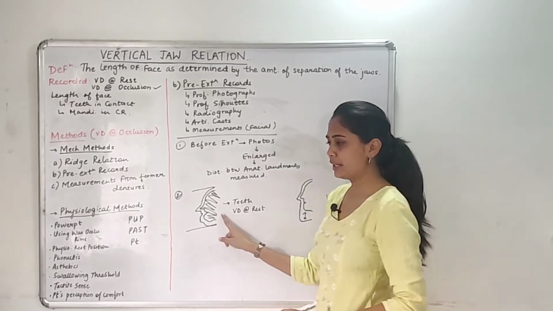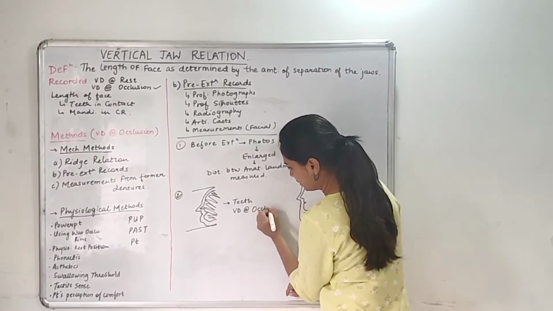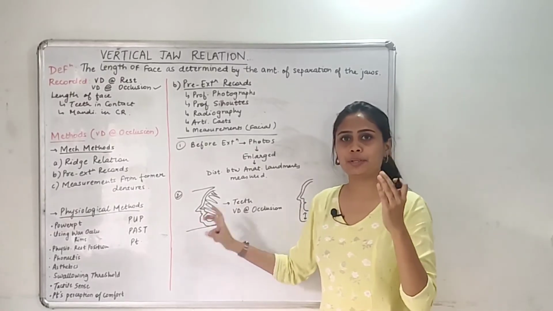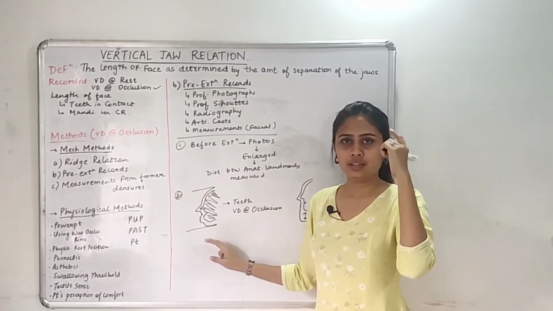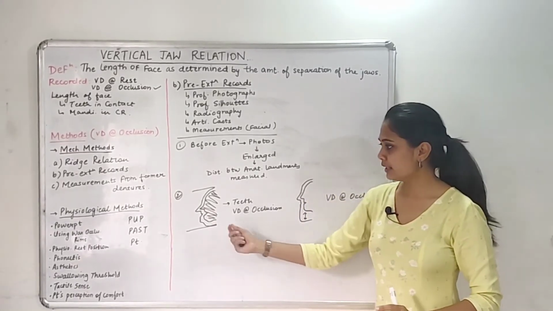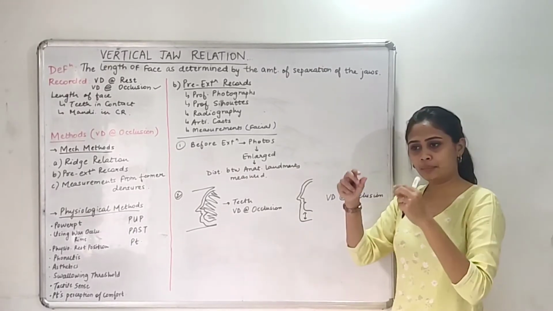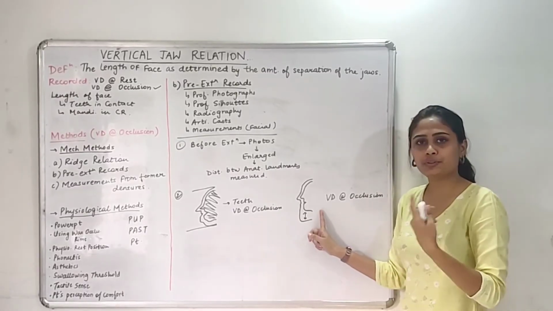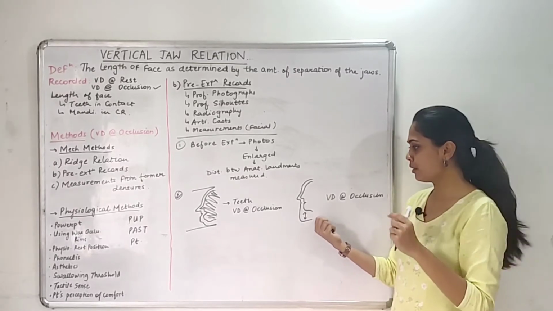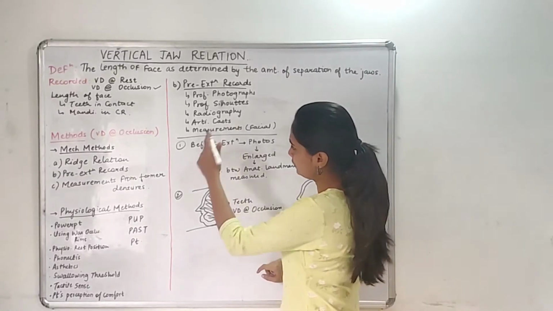So here we can ask the patient to occlude. So I can write vertical dimension and occlusion. We can first measure this here. We don't want the patient to have the space. So here we'll ask the patient to clench the teeth. We'll get a perfect face of the patient when the patient has teeth. And then after extracting, we can measure this cardboard distance, how much the distance was there. And we can place the teeth that we are going to replace in the dentures. We can use exactly the same space or the same amount of length of the teeth to get our vertical dimension and occlusion. And the third is radiographic.